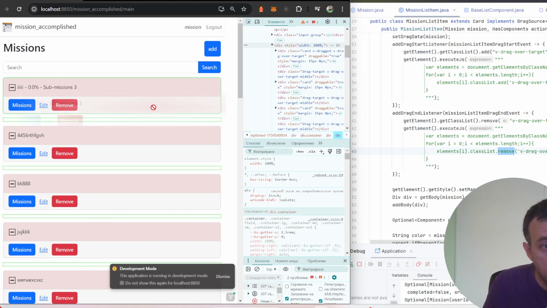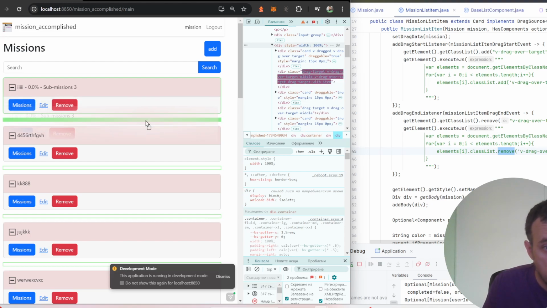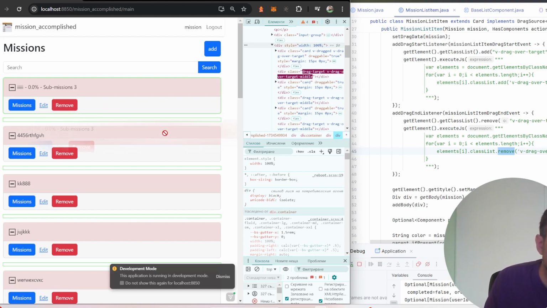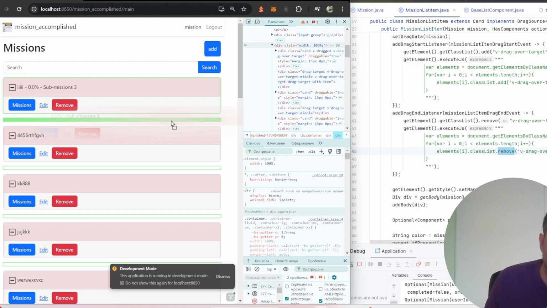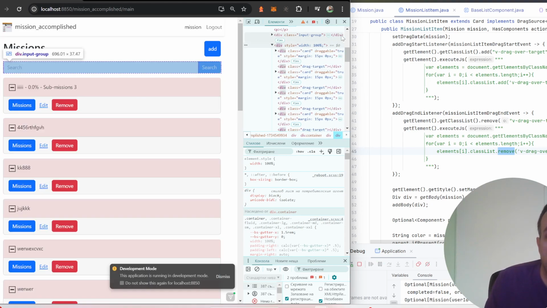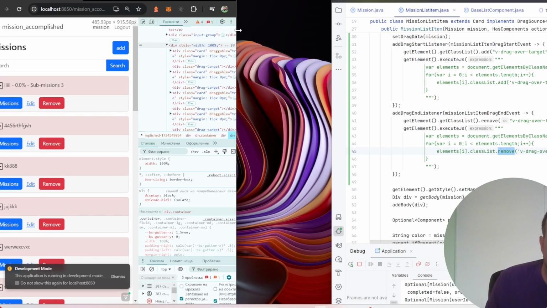So you can see I cannot drop here, but if I drag the item here, the cursor changes, and as you can see, I have also implemented an indication that it will be possible to drop here, and it changes the fill color. So basically, drag and drop requires several events besides,